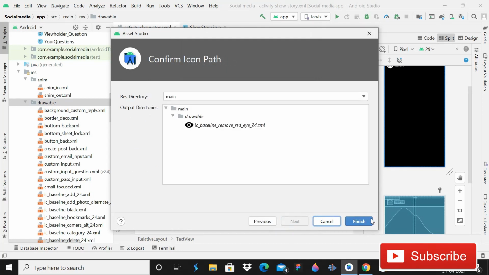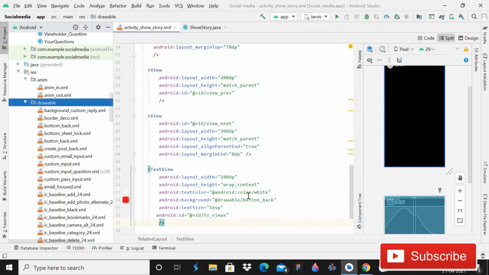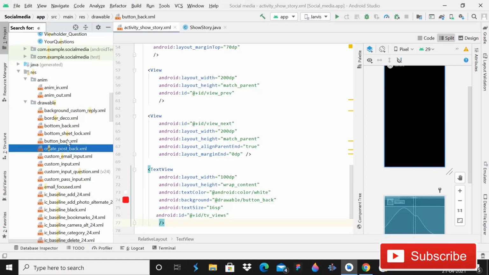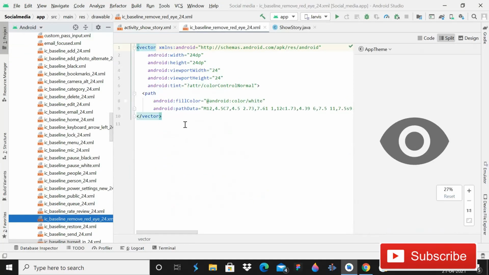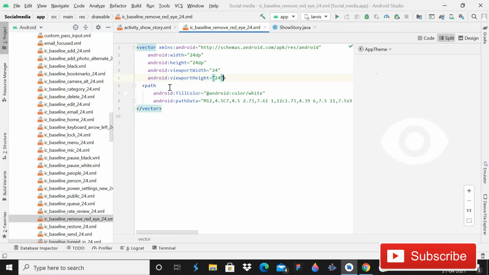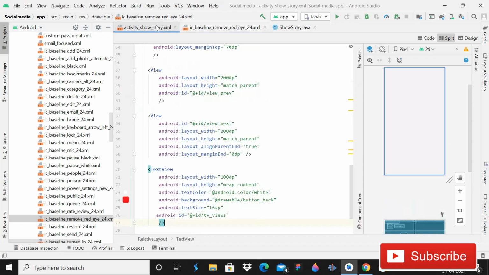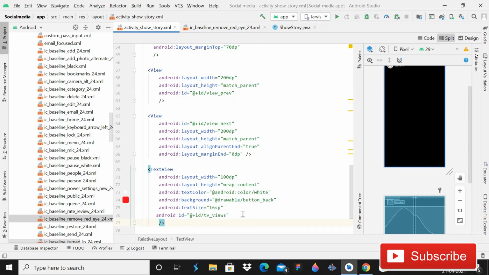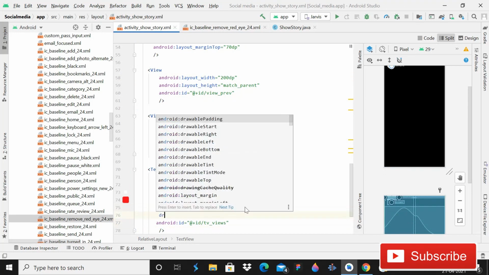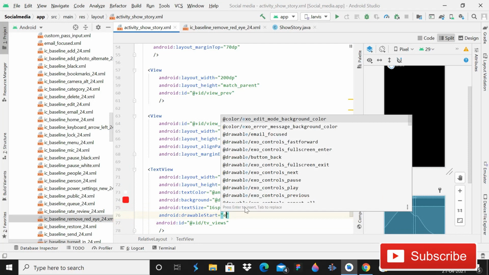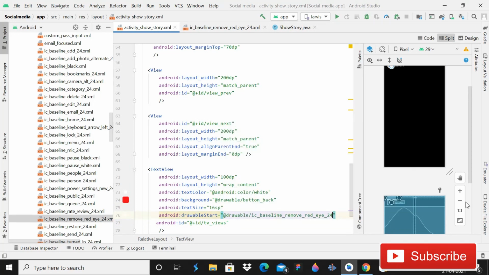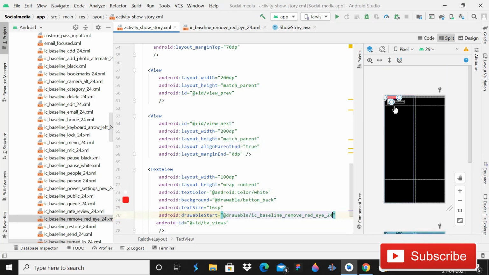You can see that we have this, and now we can open that eye. We have this attribute, remove this line, and just let it be white. Then you have to give the drawable start, that will be the eye. Now you can see that we have this.